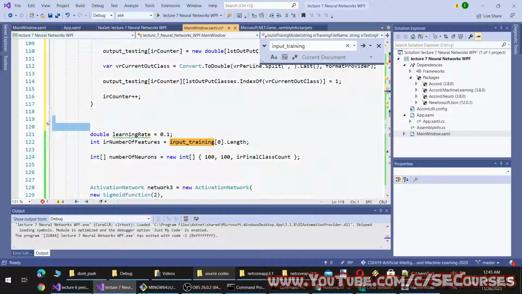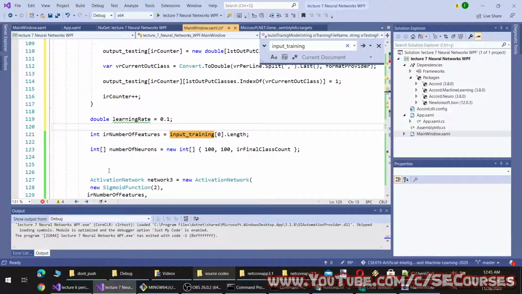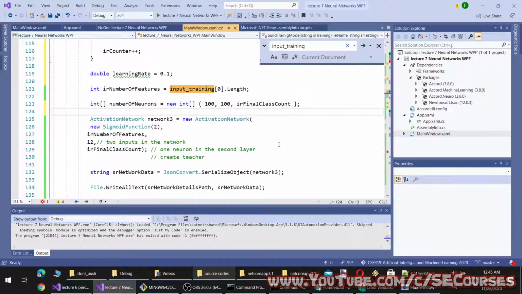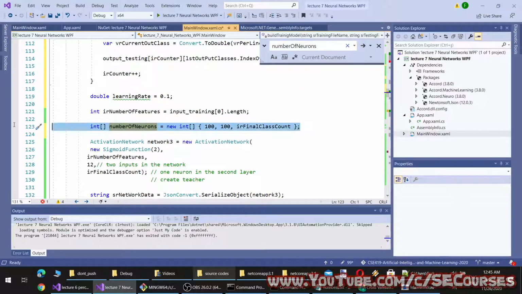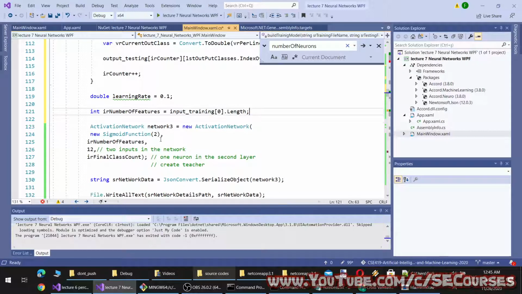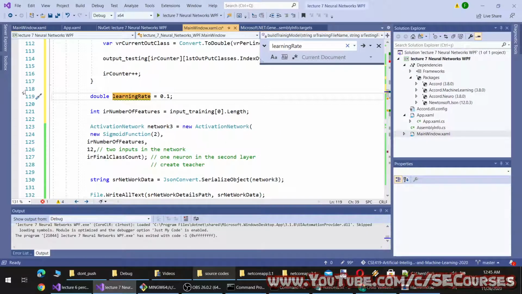All right, you can organize all of this better, but I am just doing a simple solution right now. We don't use this anywhere, I believe. Yes, we can remove this. This learning rate is also not used anywhere. I'm going to remove this as well.